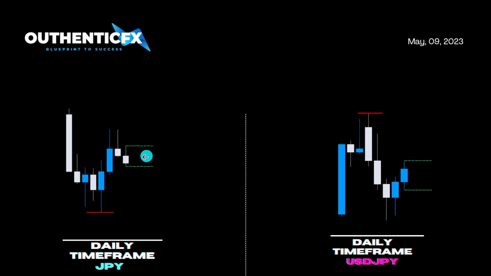So what we do now, we mark up Tuesday's high and low on both pairs and expect price to break the low on the yen pair, so that on USD JPY, when we are trading USD JPY, we are looking for that buy. Look at what Wednesday does. Wednesday opens, gravitates to the downside and clearly breaks the high, pushing up, sweeping that draw of liquidity, confirming our bias for